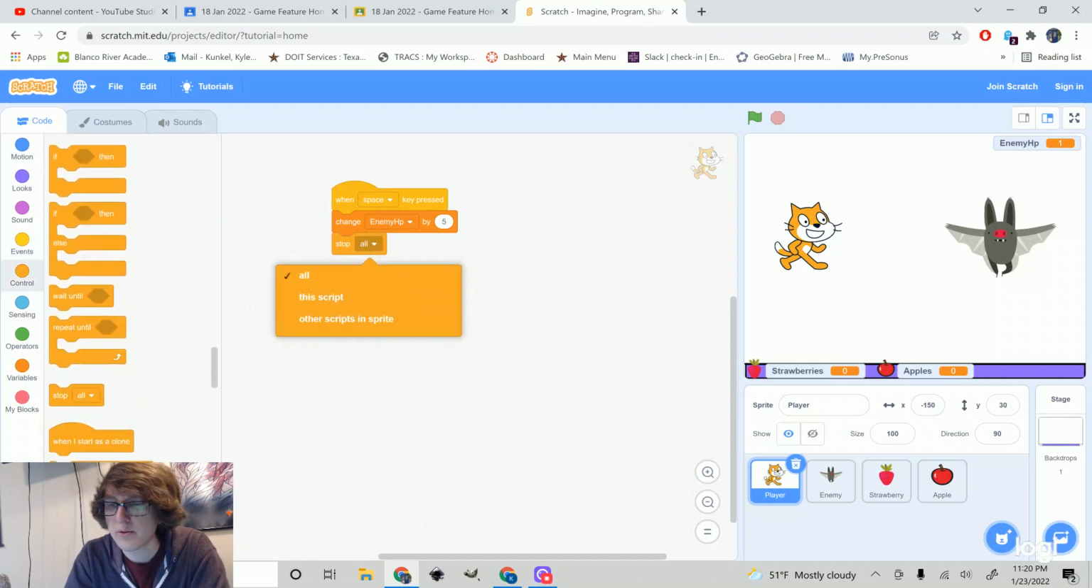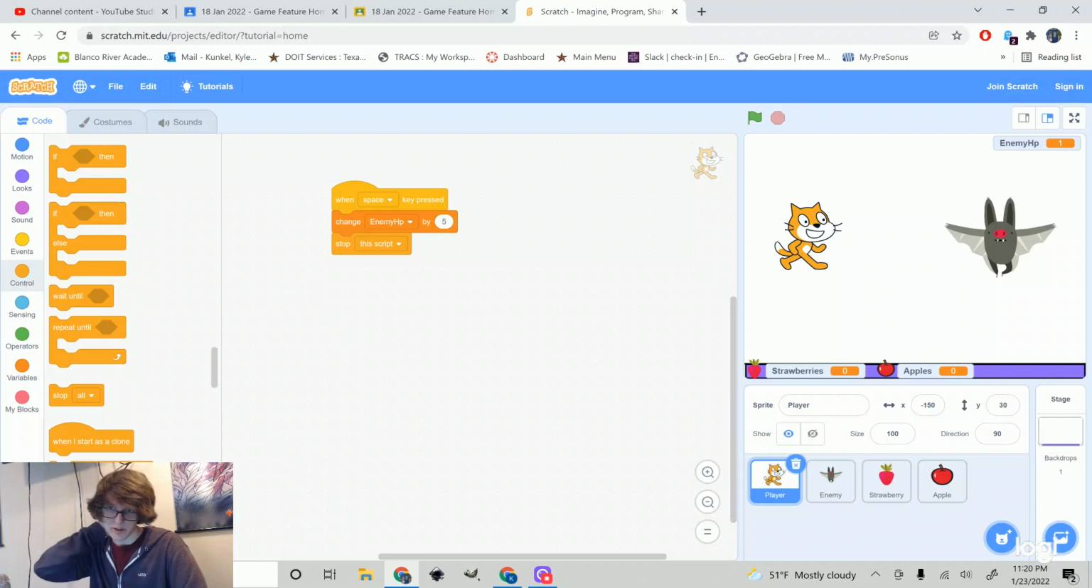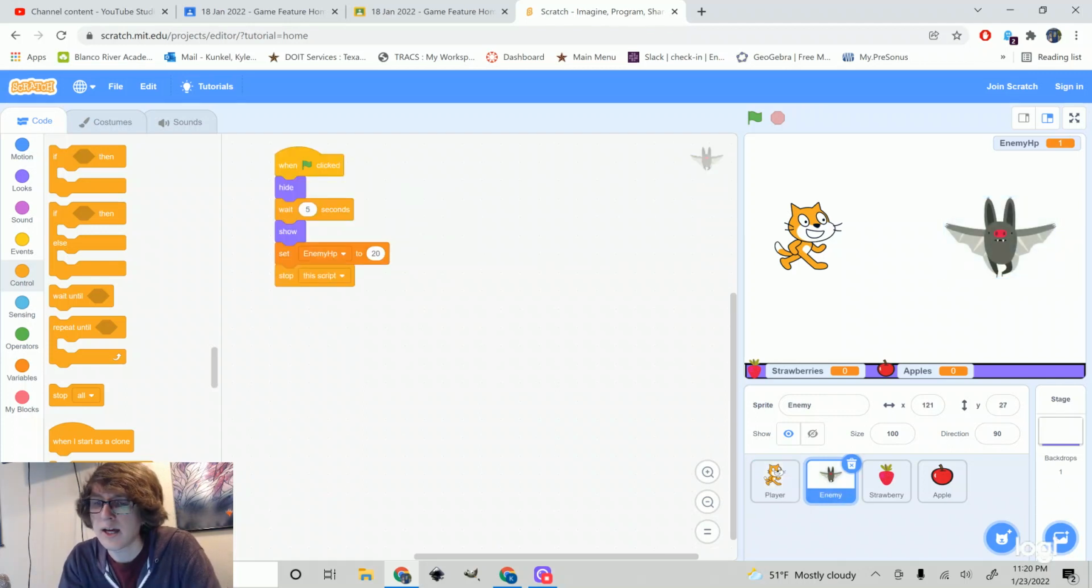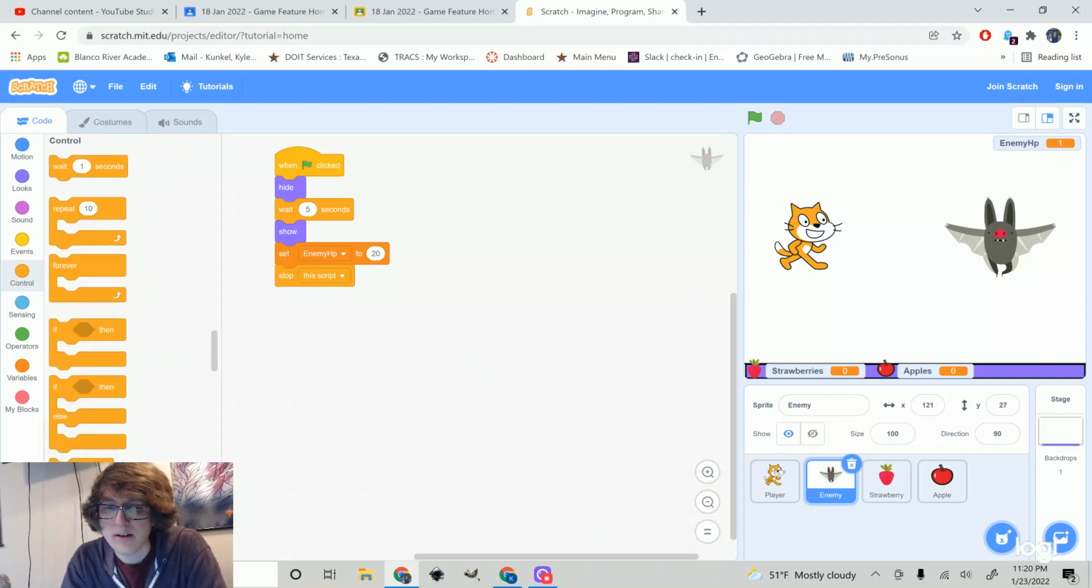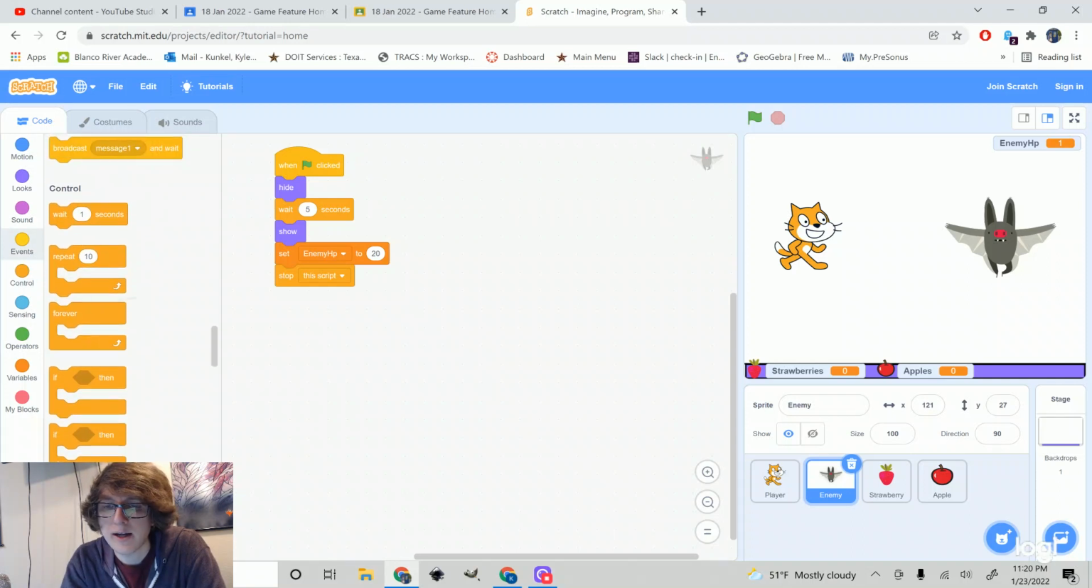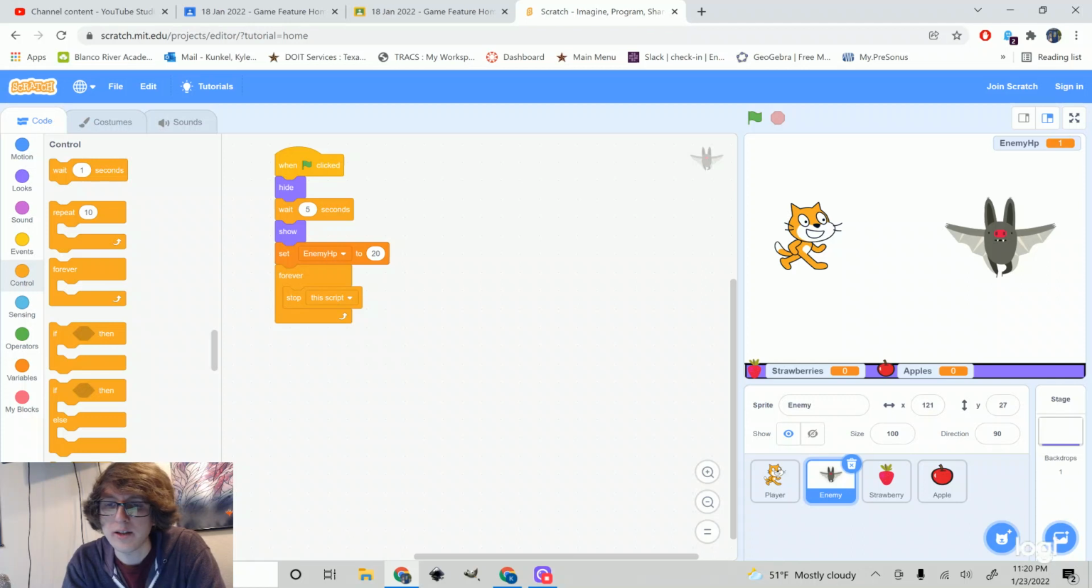So when you hit the space bar, the enemy HP will go down, and then the enemy will need to detect when the enemy HP is 0. So before this script, we will add a forever loop around it. And forever, once the enemy shows up, we want to check